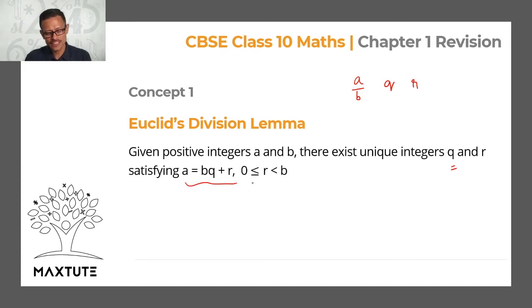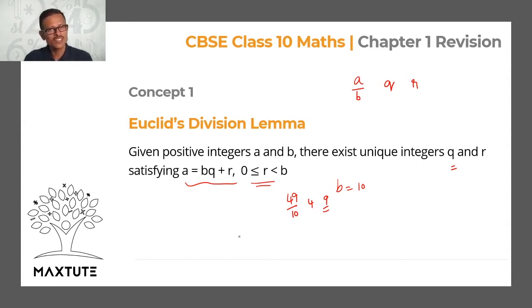The most important thing is this condition. The remainder can take a value which starts all the way from 0. If the remainder is 0, then the divisor is a factor of this dividend. The remainder can take values up to 1 less than the value of the divisor. For example, if b is equal to 10 and you're dividing a number, let's say 49, by 10, you'll get a quotient which is equal to 4 and the remainder can go to as large a value as 1 less than the value of the divisor itself. So r lies between 0 and b.